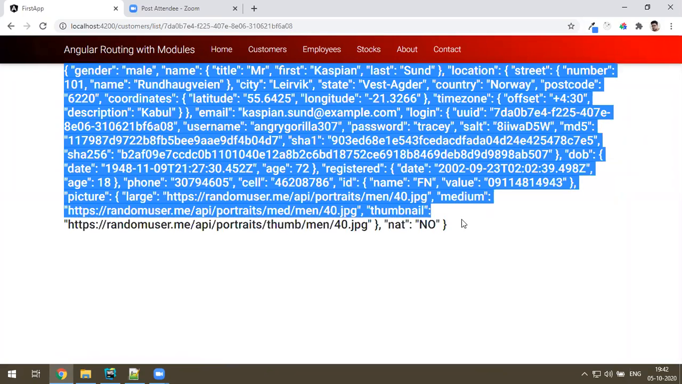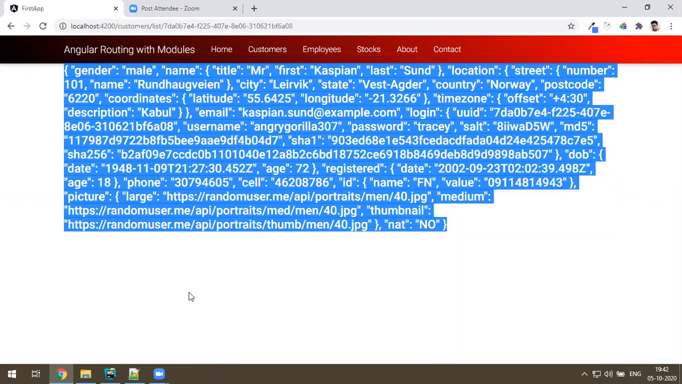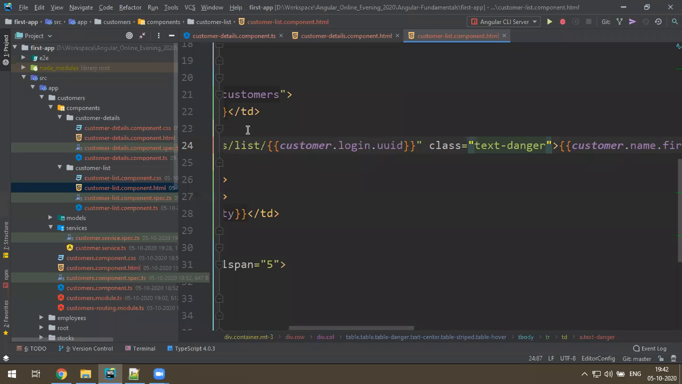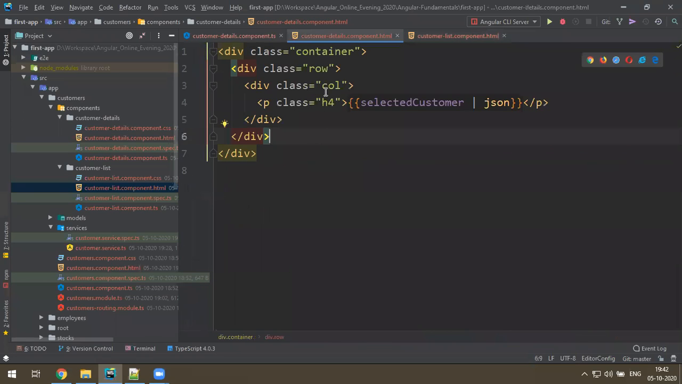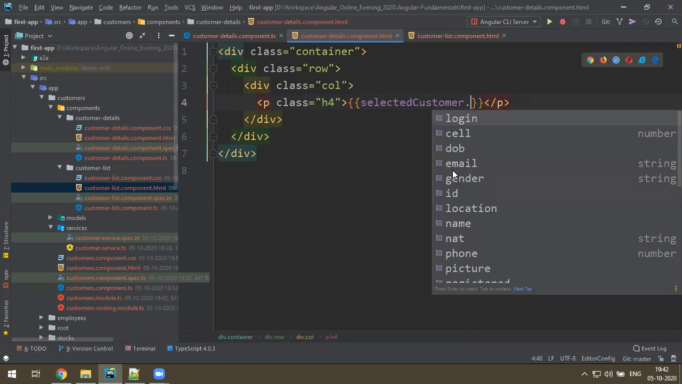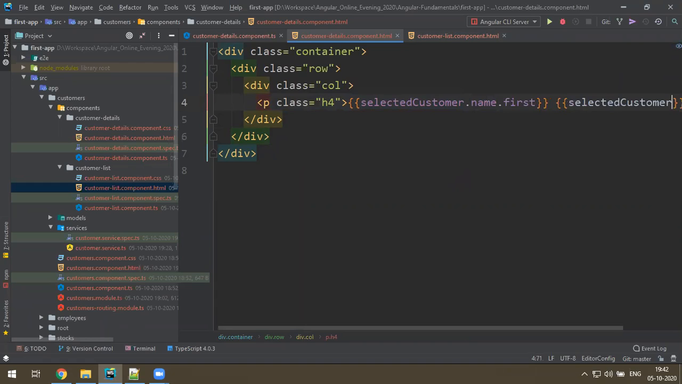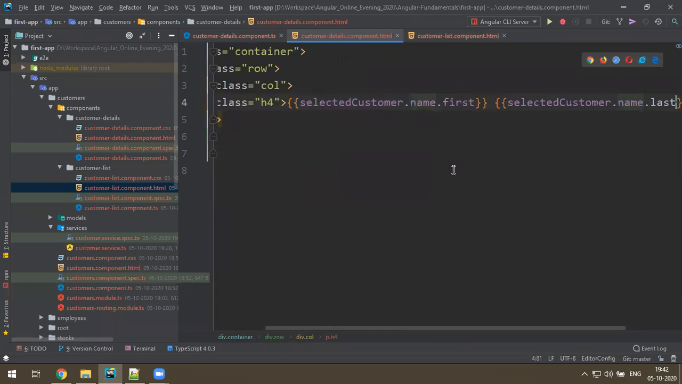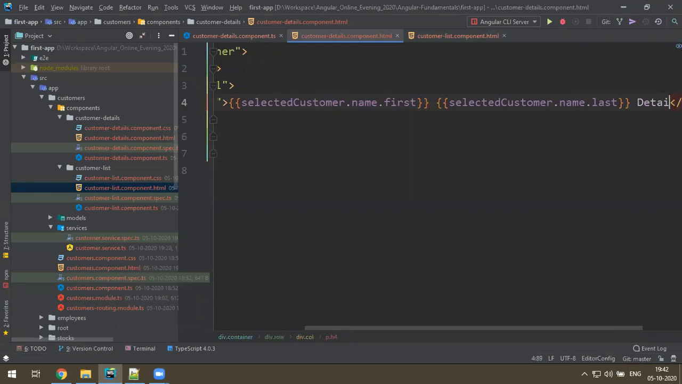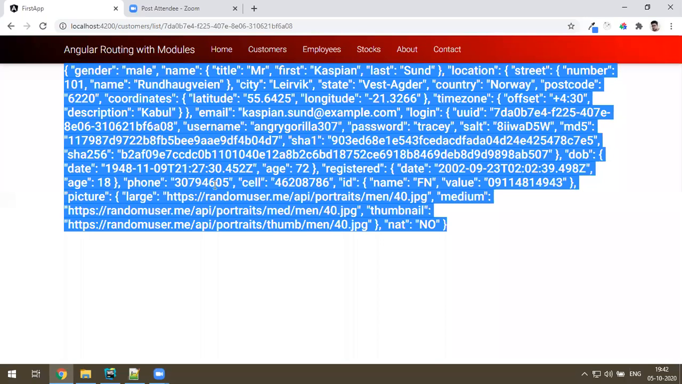Yeah, let's convert this like a card because we already made a card. So let me display like that our own card. So here I'll make the customer name. I'll write selected customer dot name dot first and selected customer dot name dot last and just say details. Okay. So that customer name dot